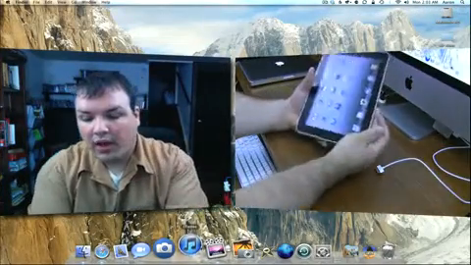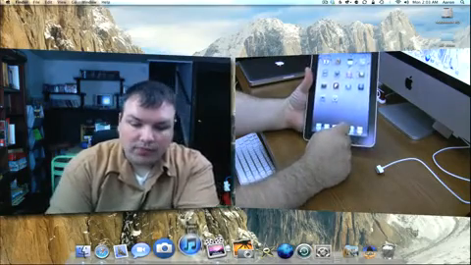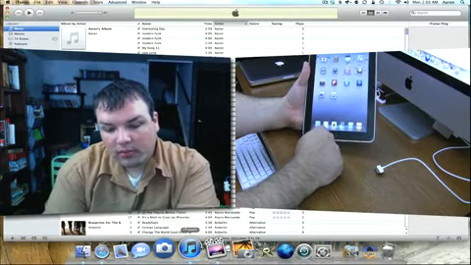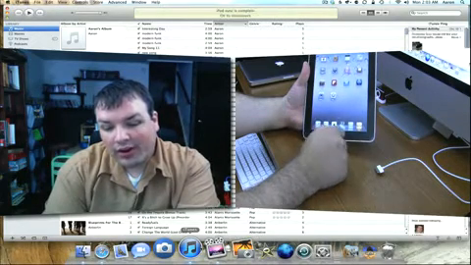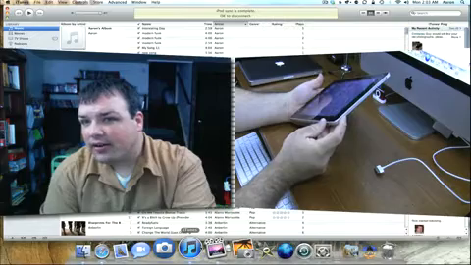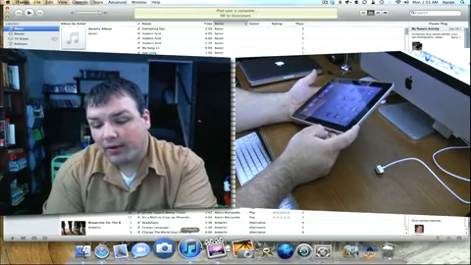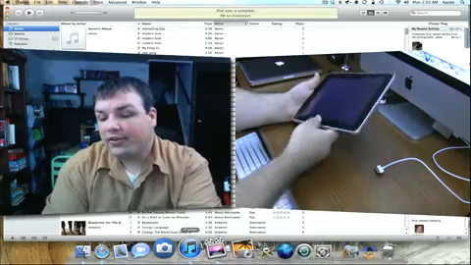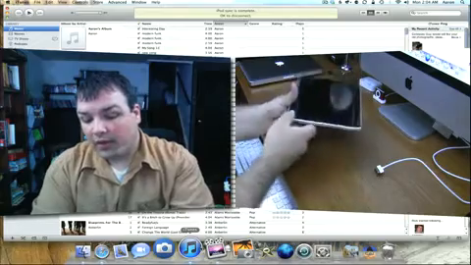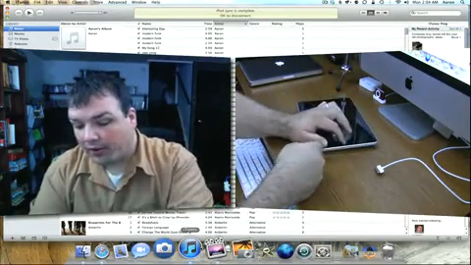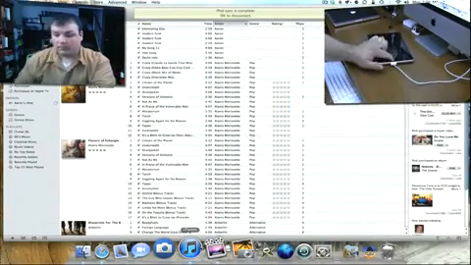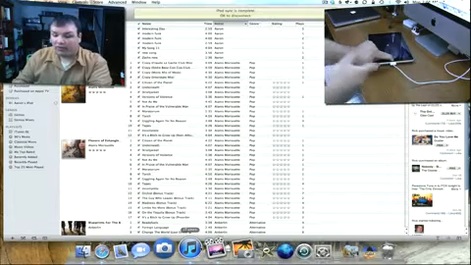So here's the iPad, and what we want to do is put it into restore mode or recovery mode. And to do that, there's a couple ways. The easiest way that they don't talk about a lot on the internet is hold the sleep wake button down, power off your device. There's a lot that will tell you to hold both and make it reboot. You don't need to do any of that. So once you've got that powered off, go ahead and hold down your home button, plug in your cable connected to your computer, hold it down, just keep holding. The Apple comes on because it knows the plug's there,